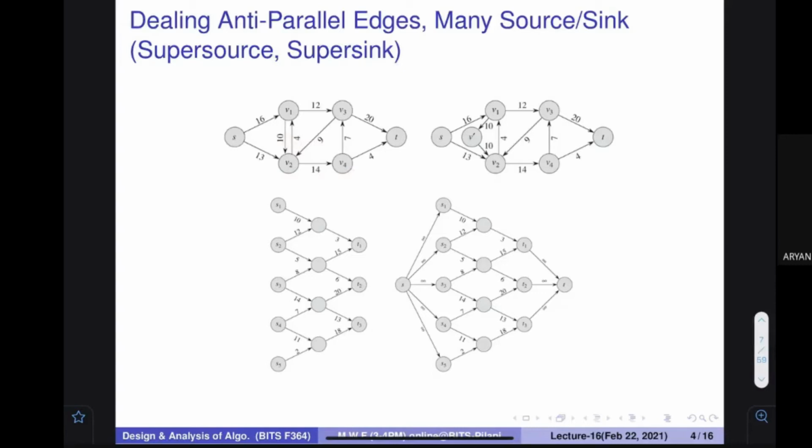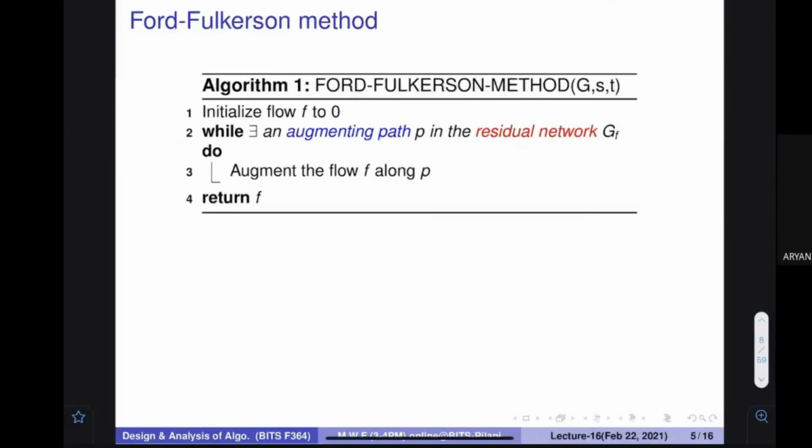So it's a general assumption. Actually, what we wanted to tell by this is that it is a general assumption. The Ford-Fulkerson algorithm is what we are going to see in this particular session. We have seen also in the last session that this algorithm says how we can find out the maximum flow.